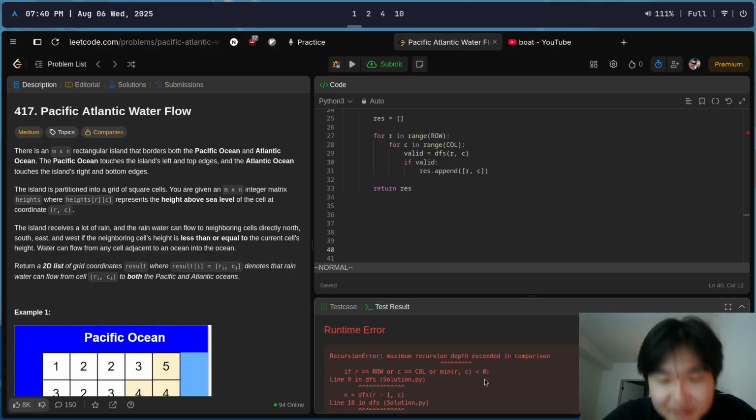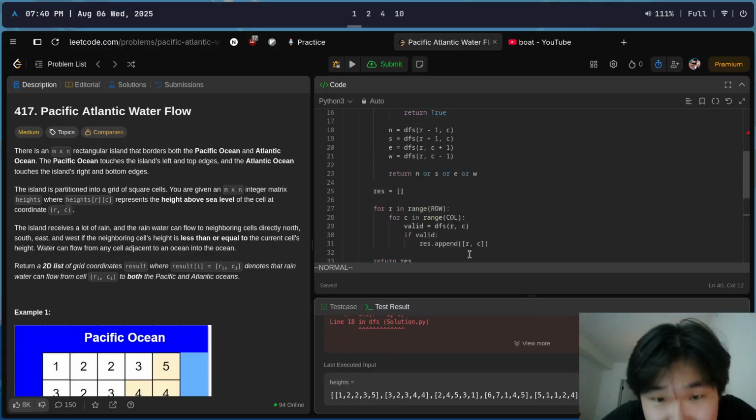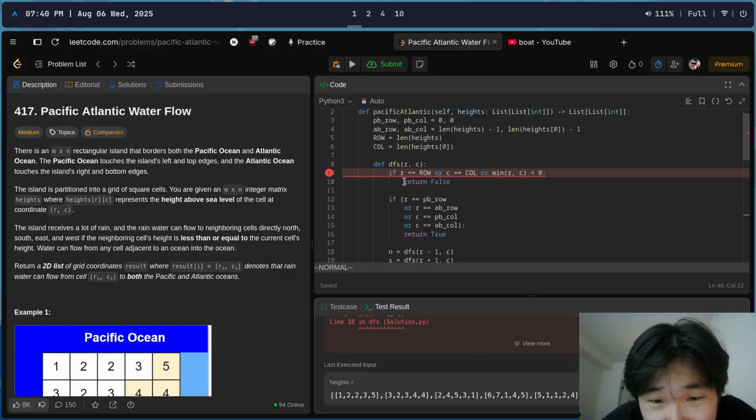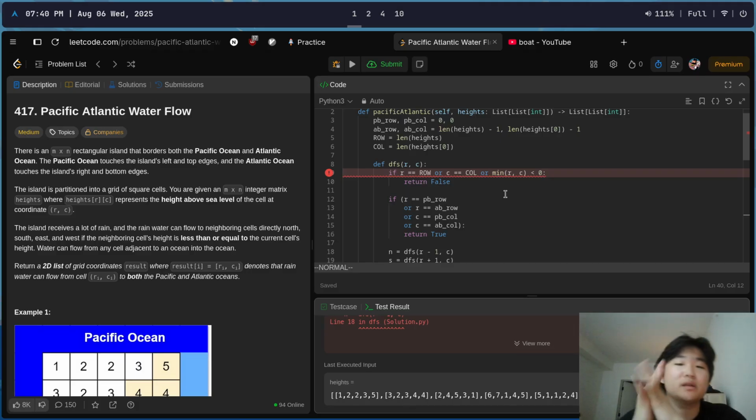Okay, max. Are we missing a case? If row equals row, or C equals, or isn't that true? Like, shouldn't we like eventually like hit a point where